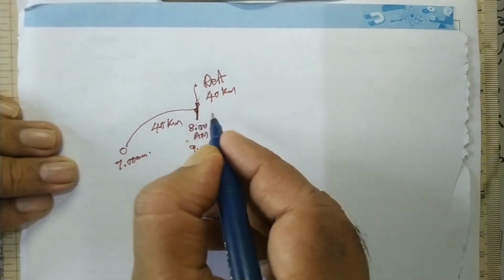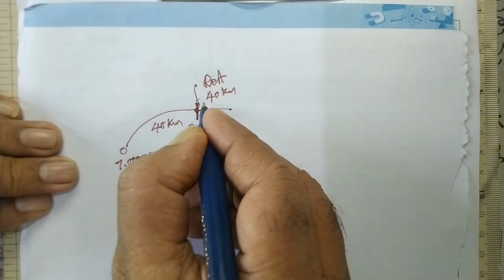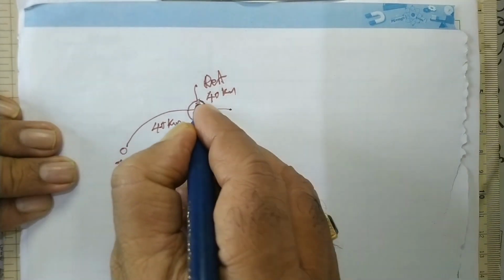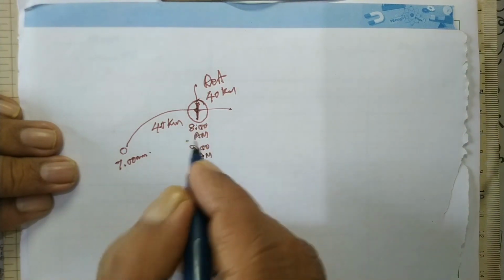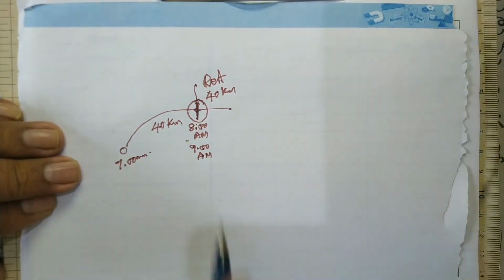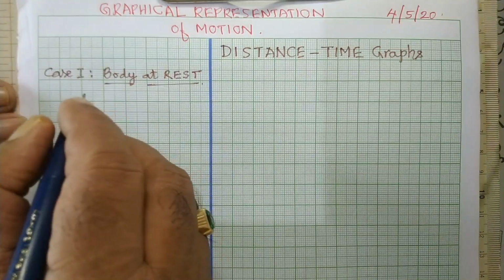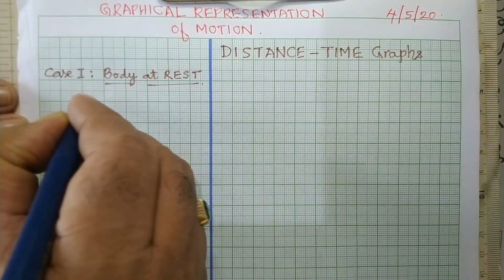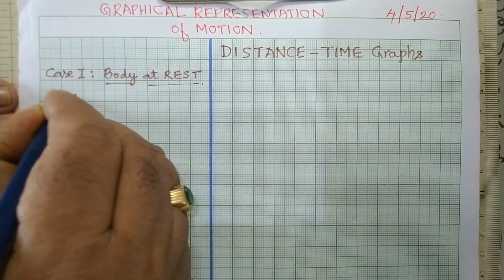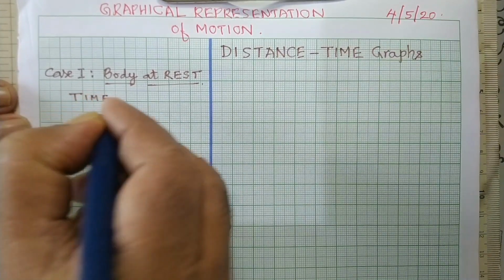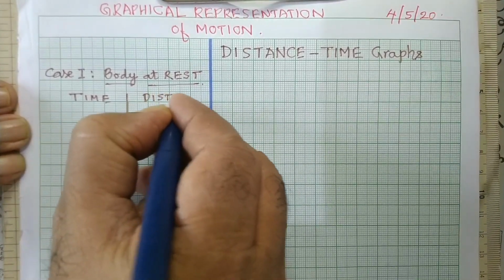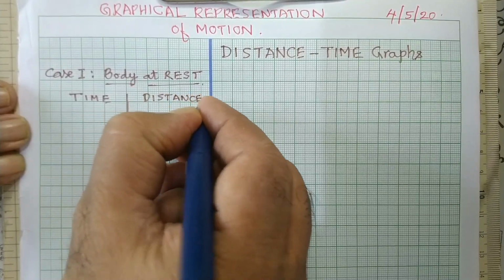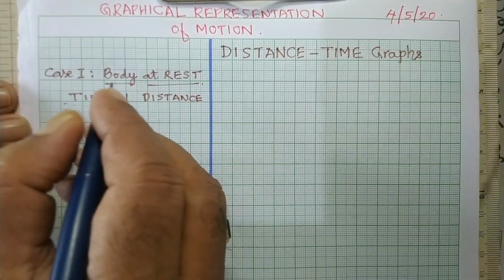Afterwards it has started, but I am not going to worry about that one, I am not going to take that up at all. Whenever the body is at rest, for that I am going to draw the graph. You please see that. For that, first we have to prepare the table. What is that table? The table we call a distance time table. We'll write it like this. First we'll take up time here, and then we'll take up distance on this side. And you have to remember that time is an independent quantity, distance is a dependent quantity.